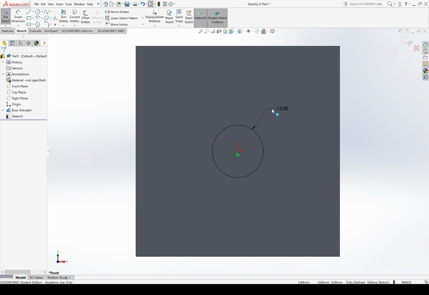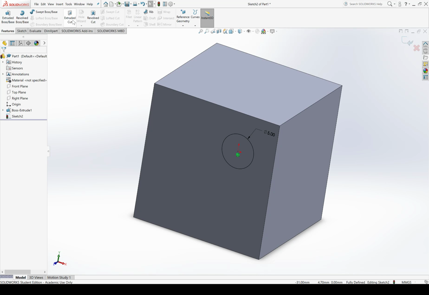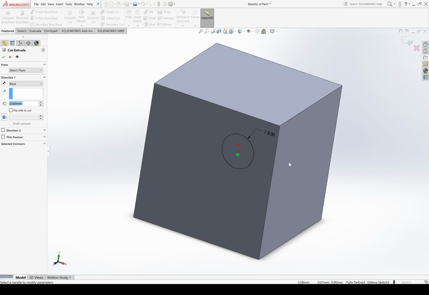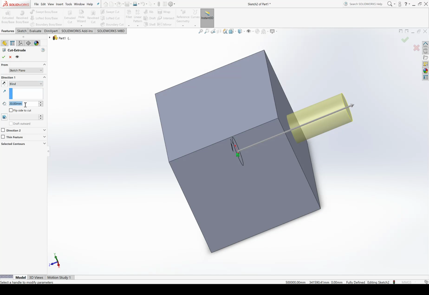I can now create a cut using this sketch by going up to Features, Extruded Cut, and removing material in the same way that I did before. So because I'm removing material, and I want the cut to go all the way through this part, because that's the example that we're doing right now, I could say blind cut 10 millimeters, direction 2, blind cut in the other direction 10 millimeters. Again, I could do a midplane and say midplane 20 millimeters. Or, because I'm cutting, I could say through all.